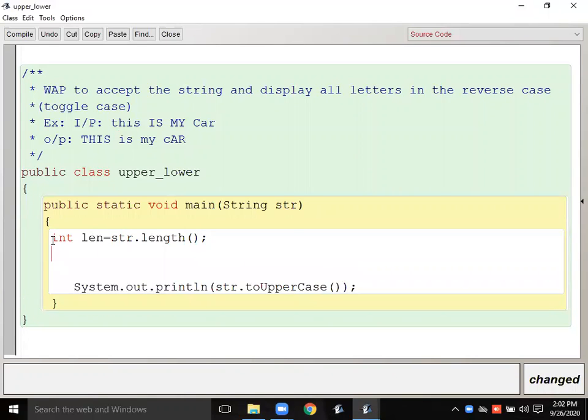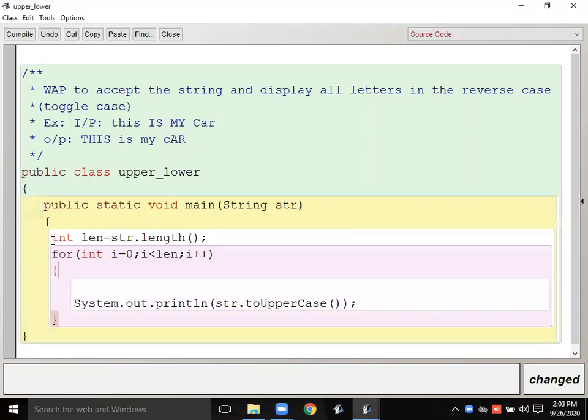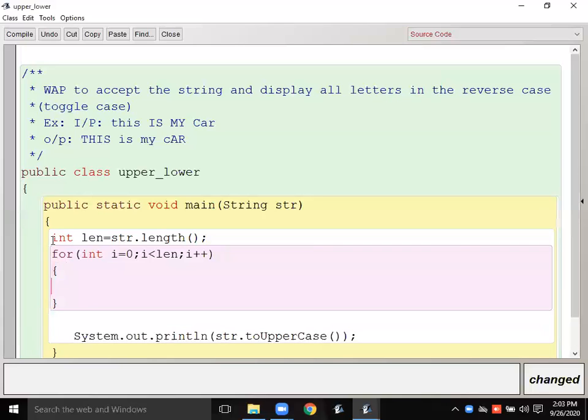I have now loop. I will start for int i equals to 0, i less than len, then i plus plus, then I will fetch the letter char. See, you can declare this char outside the loop also. It's up to you.